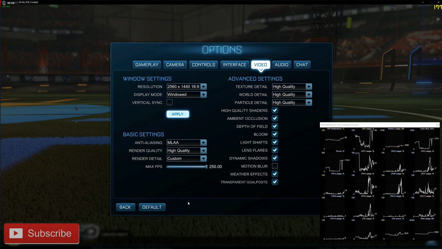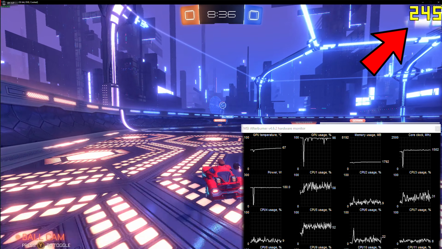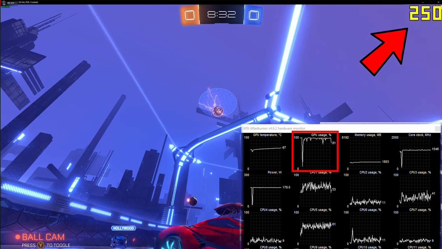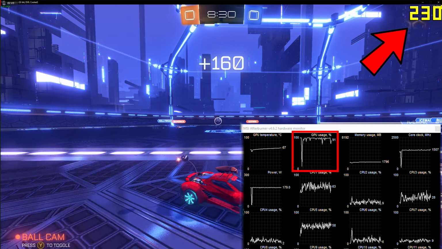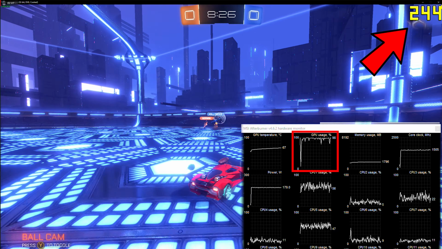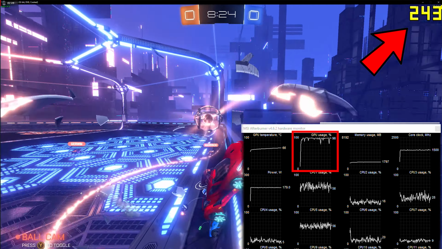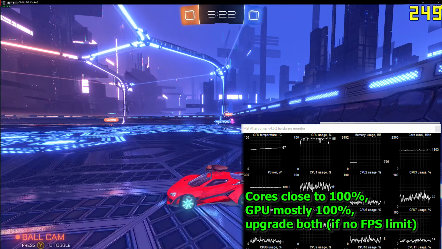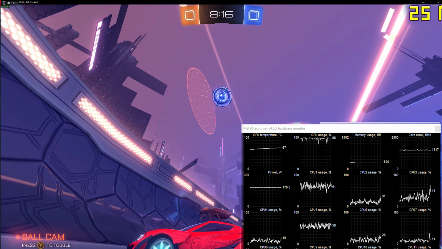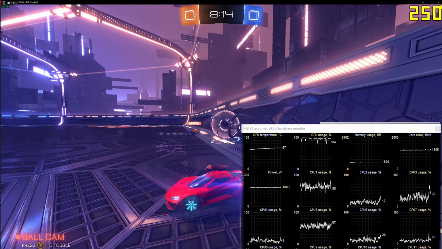Firing up a quick game of Drop Shot, take a look at the FPS and GPU usage. For those brief milliseconds where the game would have run over 250 FPS, the video card starts to slack off a bit. If I were trying to play Rocket League professionally, I would want to upgrade so I never get less than 240 FPS on a 240Hz monitor,